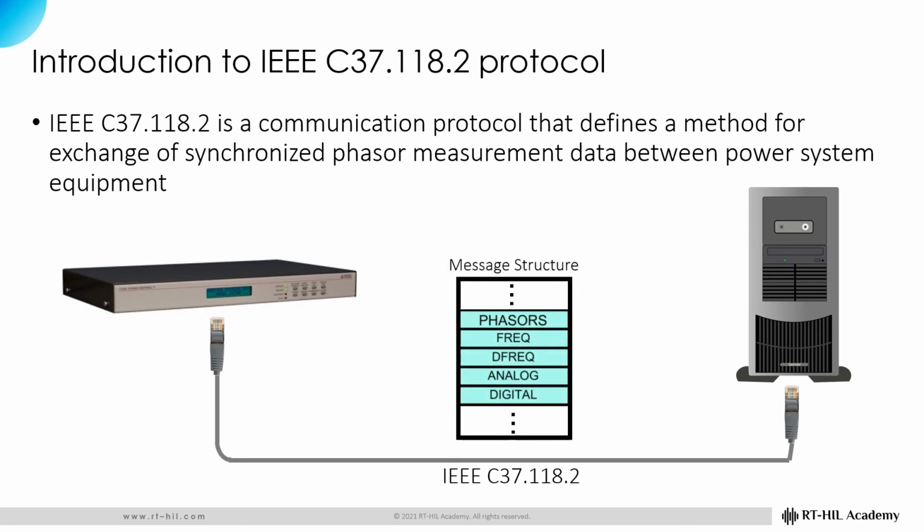Each data message, complying with the IEEE C37.118.2 protocol, contains the information of the synchrophasors, system frequency, rate of change of frequency, and user-defined analog and digital values. Note that, the PMU has to be configured to select what synchrophasors, and what analog and digital values, to include in the data messages.